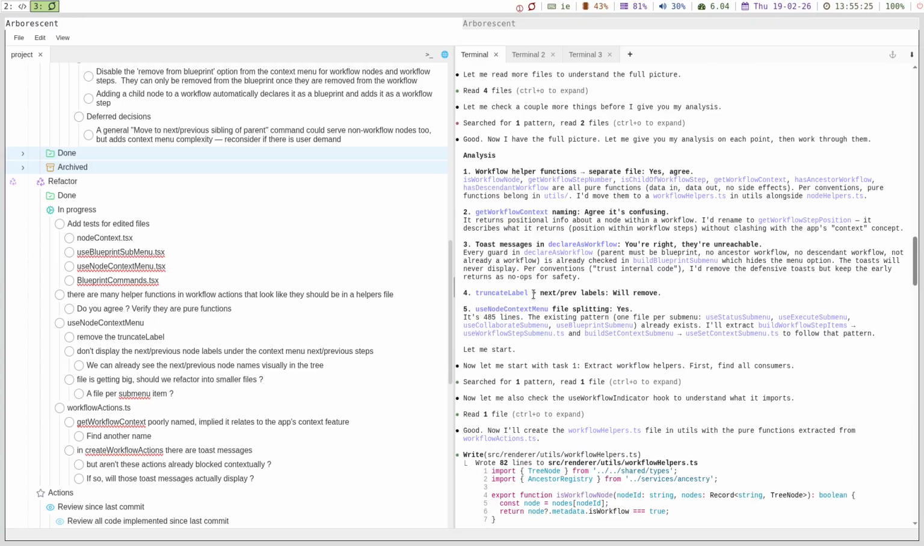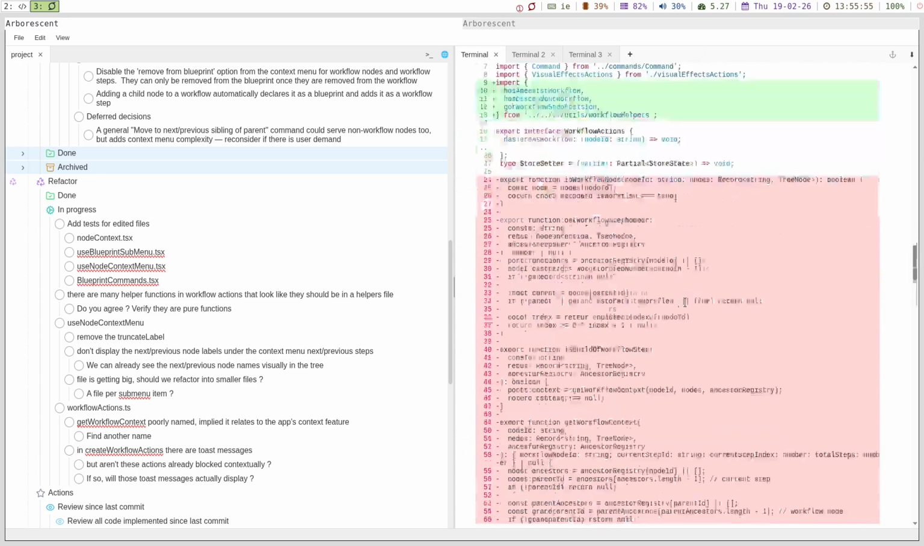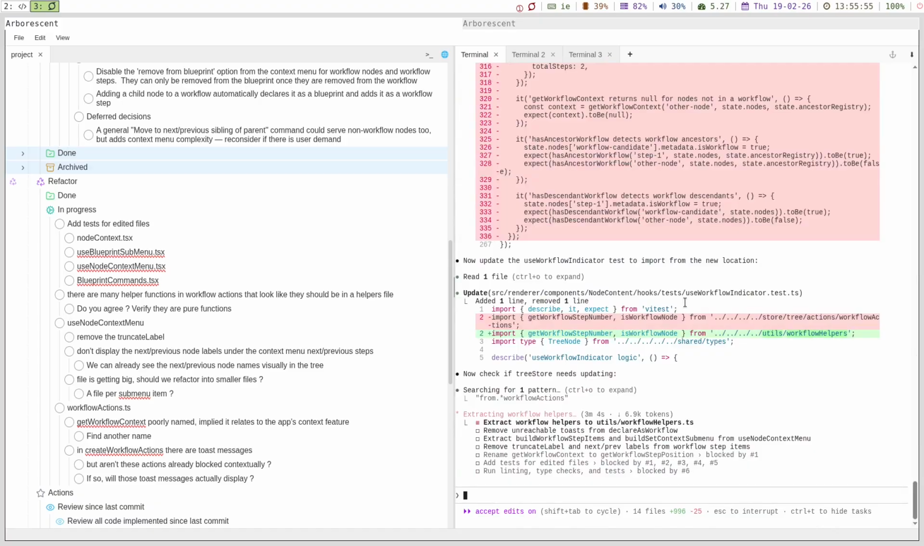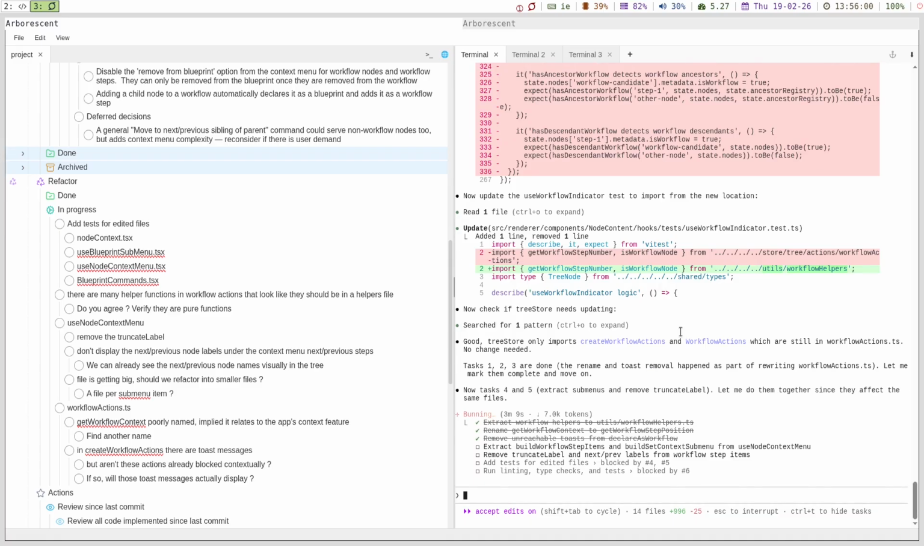Fair enough. Truncate label, okay, it's the change that I asked it to make. That's cool. And use no context menu file splitting. Yes, it does agree with that. And it's extracting build workflow step items, use workflow step submenu, build set context submenu, use set context submenu, because there's already a pattern that it's identified as one file per submenu. Great. Oh, I'm glad I committed my changes to staging because that would have been a nightmare, I would have had to review all the code again. So